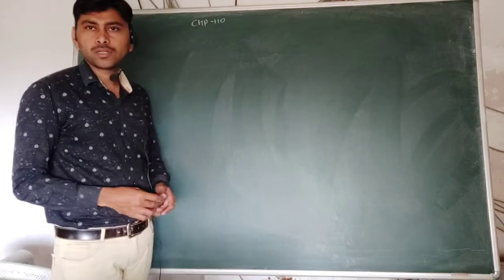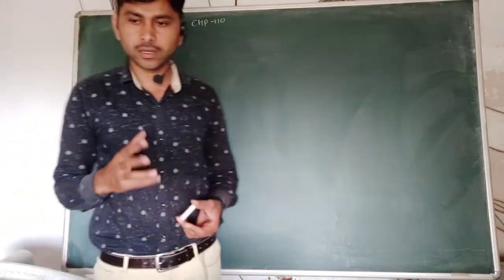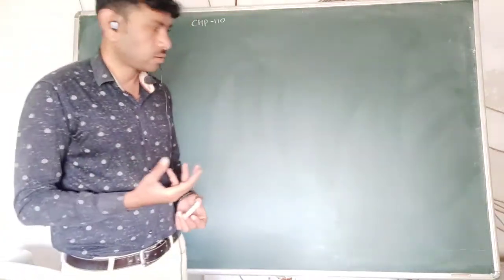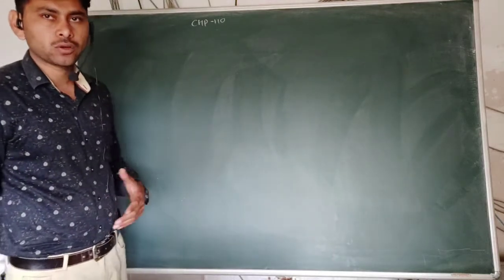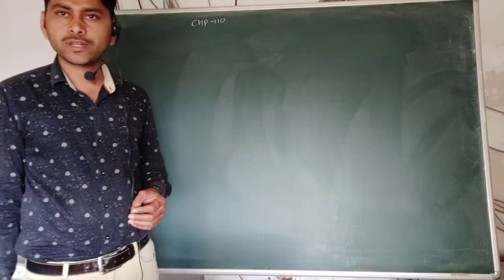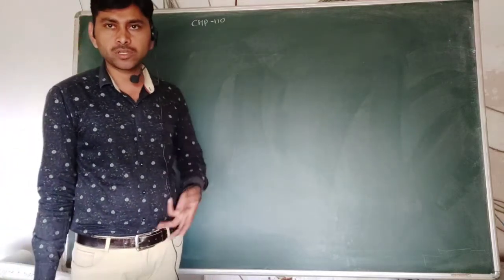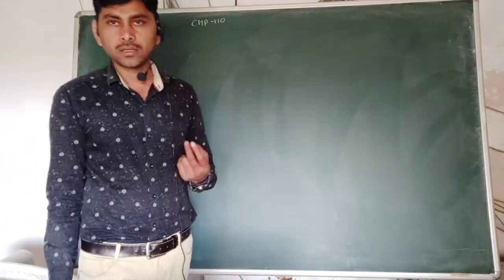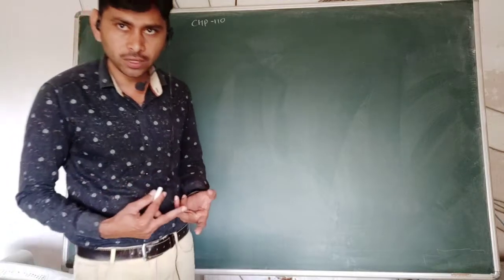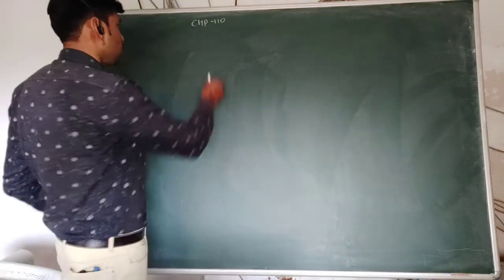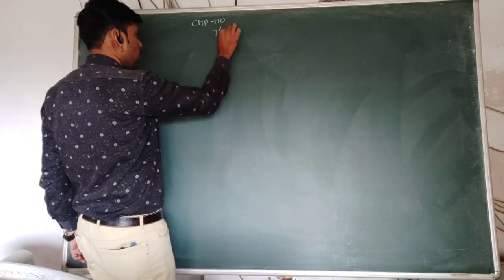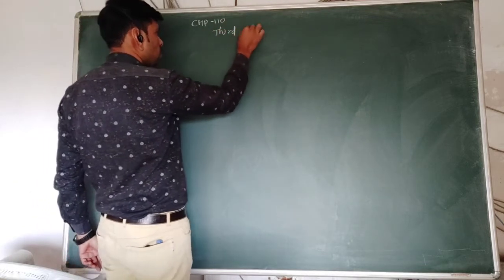We are discussing the order of reactions, the rate equations, rate laws, rate constant, half-life period, and units of different orders of reaction. We have discussed zero order reaction, first order reaction, and second order reaction with equal and unequal initial concentrations. Now the last reaction that we have to discuss here is the third order reaction.